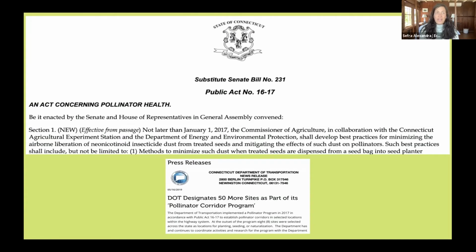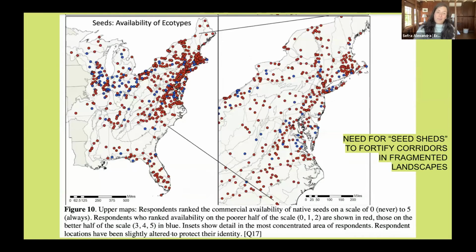In terms of the Ecotype Project, we started as a pollinator health initiative. They call it the pollinator apocalypse, and even departments of transportation are finally catching on as they oversee huge swaths of land. And underneath these pollinator health acts, it says, if and when native seed is available, it needs to be utilized. And so the Department of Transportation has been so excited to utilize this ecotypic seed, but it doesn't exist. And so in their efforts to create pollinator corridors, we wanted to help fortify that supply.